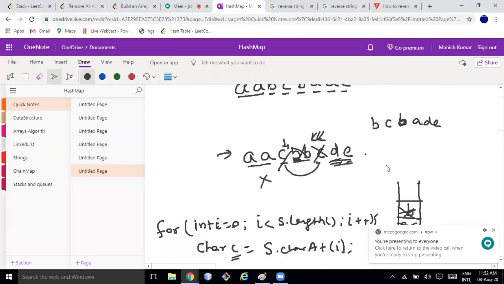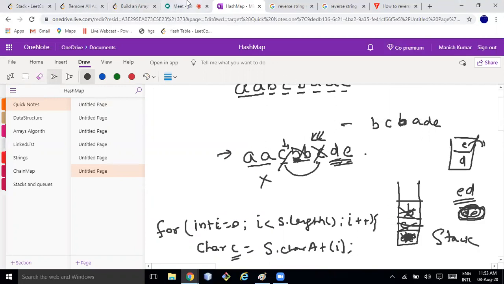So at the end, it should be D and E. If you start popping it out, it will print in reverse direction. So at the end, you can reverse the string, and that will be your output. So that is very simple.